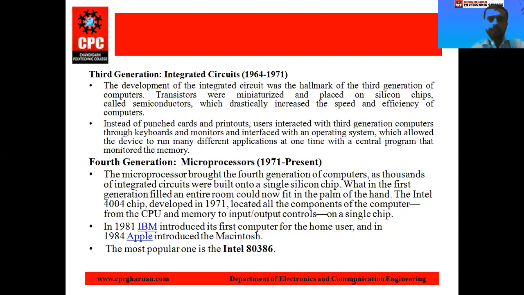In the whole world, development is running in two parts. First, increase the speed of the microprocessor. Second, reduce the size of the microprocessor. These are the two main parts in which research and development were carried out. In the fourth generation, the size of the microprocessor reduced and the number of transistors increased, so the speed of the microprocessor increases. IBM formed their processors, and the 80386 microprocessor is most probably used in the fourth generation.